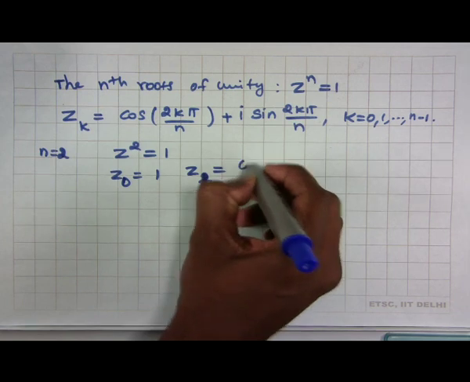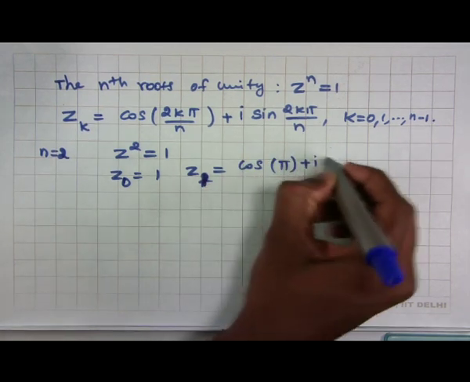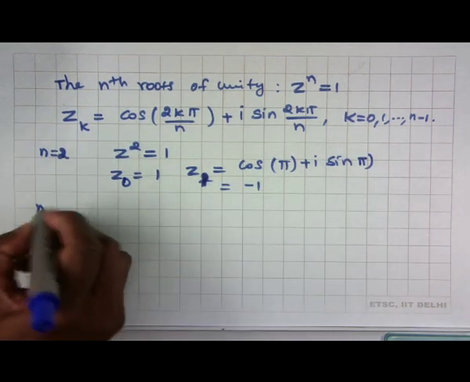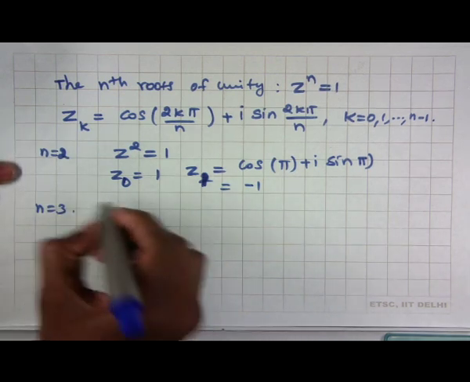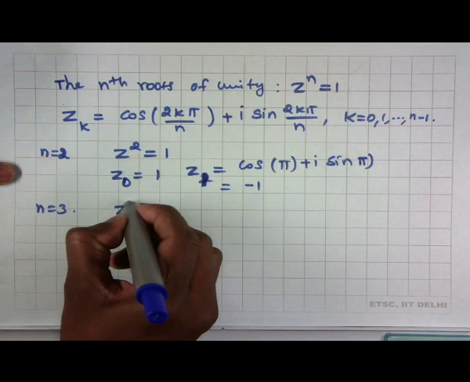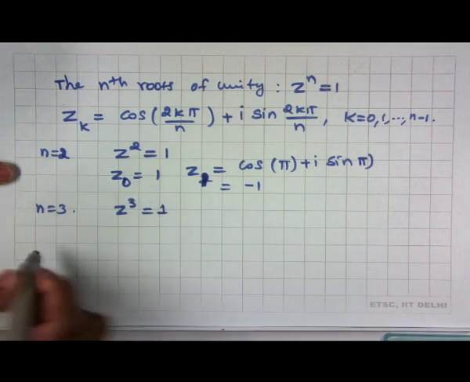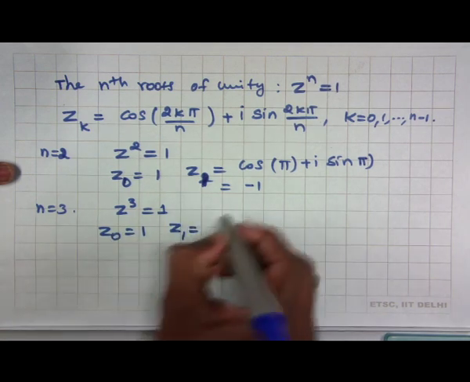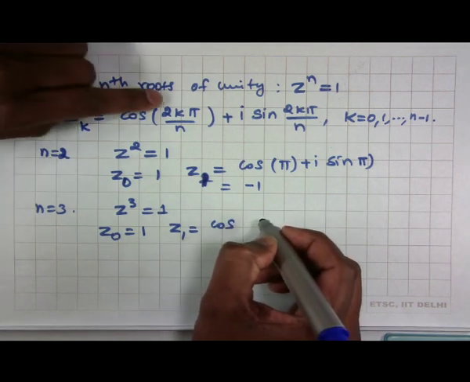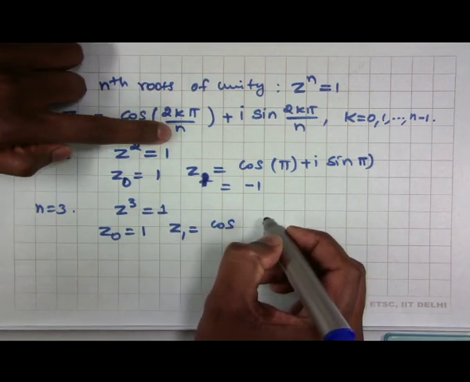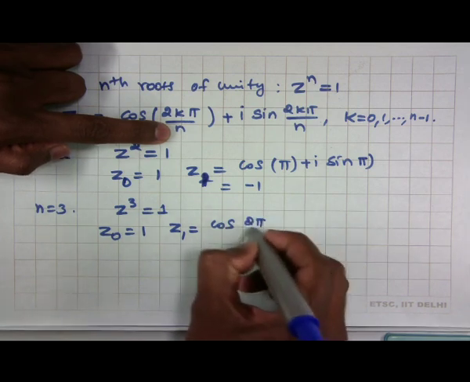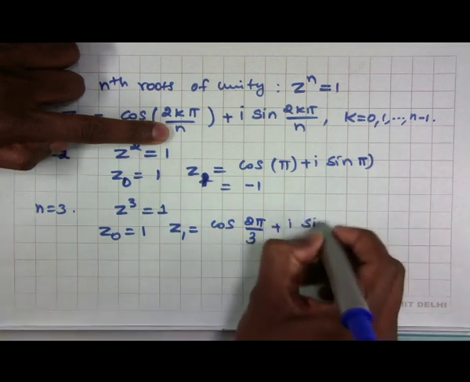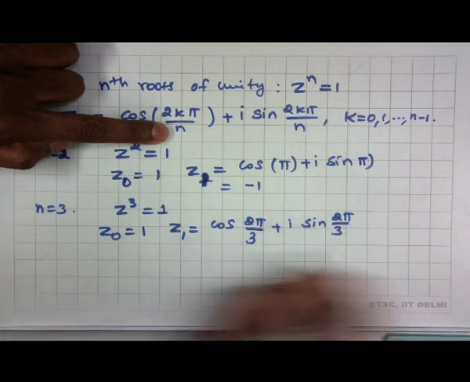So what you see is that this is cos of pi plus i sin pi, we get minus 1. Similarly, n equal to 3, we see that for the equation z cube equal to 1, we get z0 as 1, that is the common one. z1 is cos of, k equal to 1, n equal to 3, so 2 pi by 3, which is nothing but the 120 degree, plus i sin 2 pi by 3, and